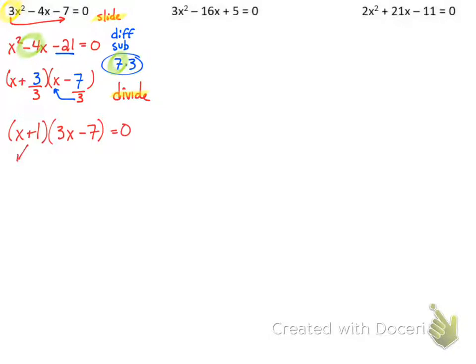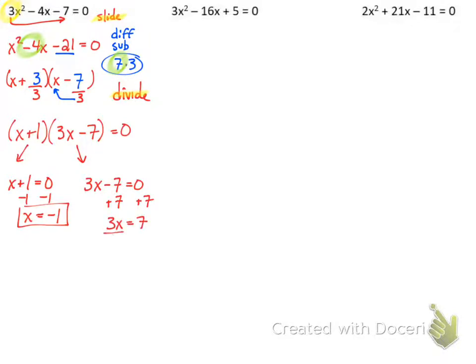Again, do the arrow thing and solve from there. I get x plus 1 is equal to 0, and 3x minus 7 is equal to 0. So I subtract the 1, get x is equal to negative 1, add the 7, get 3x is equal to 7, divide by 3 and divide by 3. So I get 7/3,